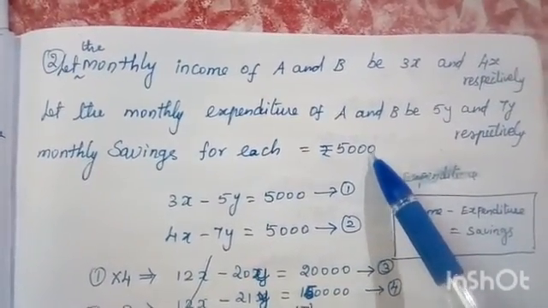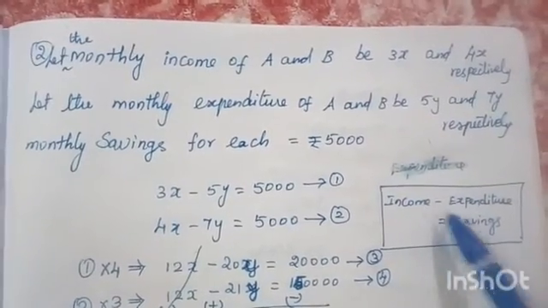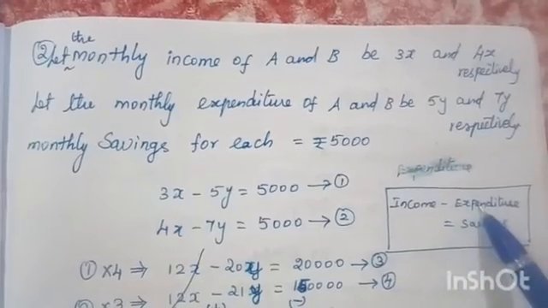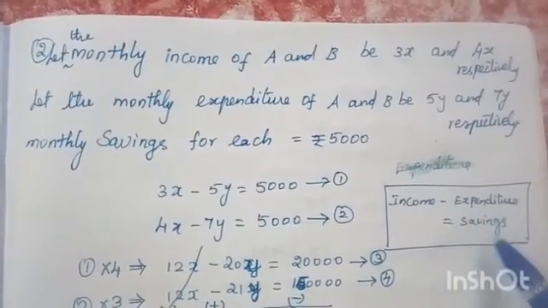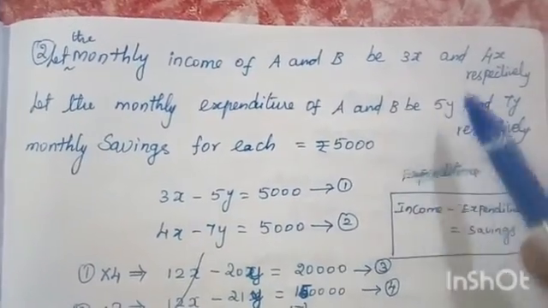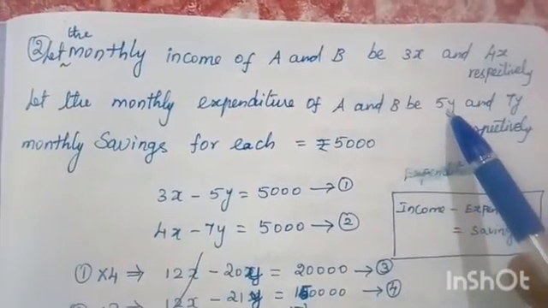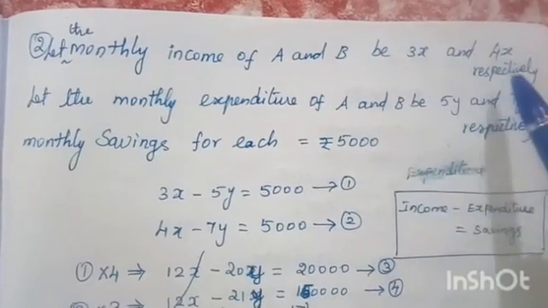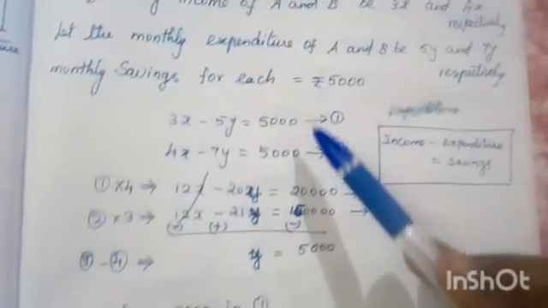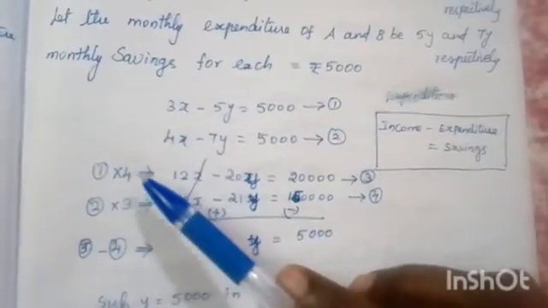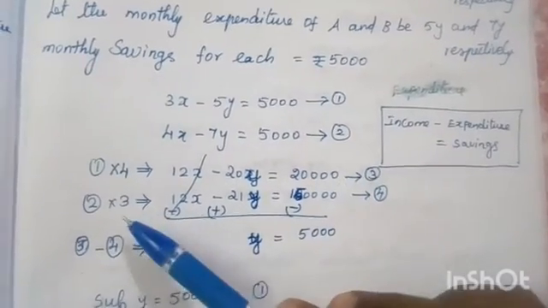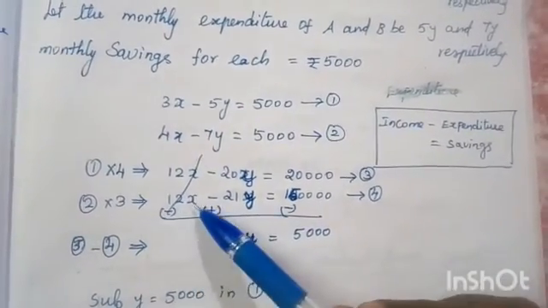For savings, income minus expenditure is equal to savings. So first you have to make the first equation for A and the second equation for B. That is 3x minus 5y equal to 5,000, and 4x minus 7y equal to 5,000. Now we have to simplify this. Multiply the first equation by 4: 12x minus 20y equal to 20,000. Multiply the second equation by 3: 12x minus 21y equal to